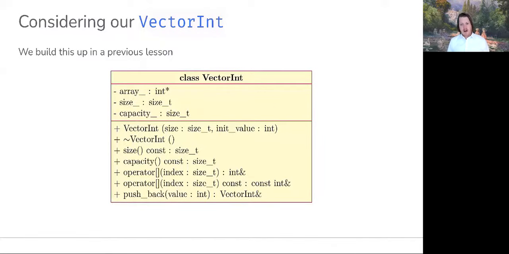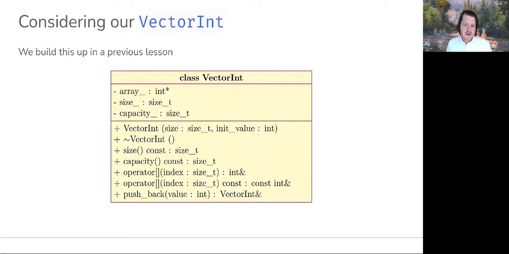For this type, we defined a single constructor. It was parameterized and took in the size of the dynamically allocated array that we would go ahead and allocate, as well as an initial value that we would like to have each of those objects start out with. We said that the initial capacity would be 2 times the size, and that we would define a destructor to free the dynamically allocated array at the end of an object of this type's